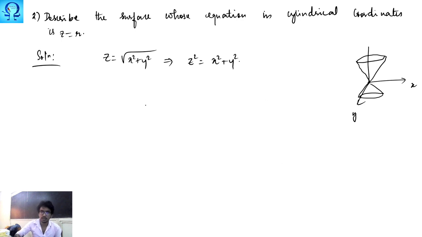Okay, if we do it by cylindrical coordinates itself, your z value has to be equal to r. What is r? r is this distance, right? So your z value has to be equal to this distance. You just try to move this one and see what is happening. Your r may be somewhere here, or your r may be somewhere here. You may very well see that you are getting this cone.